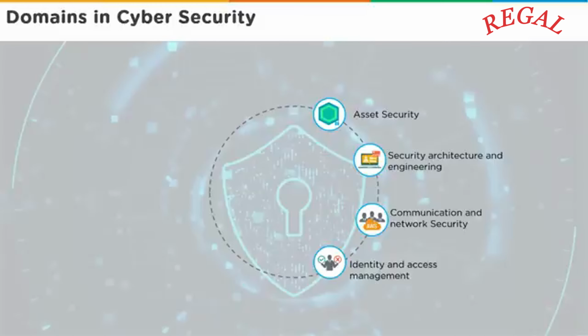Similarly, identity and access management. Who is accessing my data? Are they authorized to access my data? And if yes, how am I going to authenticate them? How am I going to track them? How am I going to hold them accountable for whatever they have done? Even if a person is authorized to do something, we have to hold them accountable for that activity so that if something happens later on, we can identify who made that change. So the identity and access management module will consist of us creating groups, policies, users, roles, and interlinking them with the assets to ensure that only authorized people are able to access those devices.